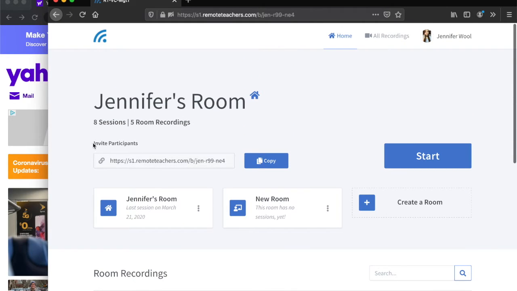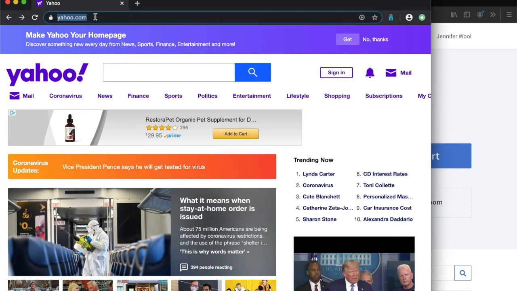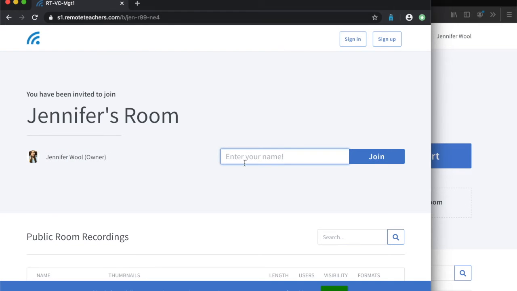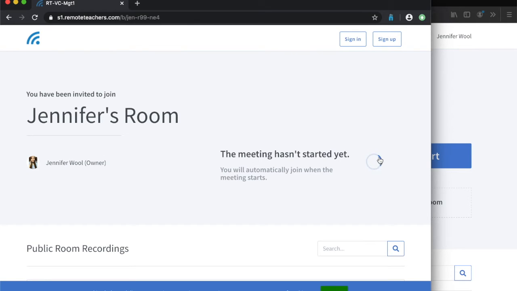So this link here, if you need to invite anybody to your room, you're going to go ahead and copy the link, and I'm going to open up a new window to show you what this view looks like. Enter in that direct link, and I'm going to log in as somebody else and go ahead and join my room. So here it says the meeting hasn't started yet,